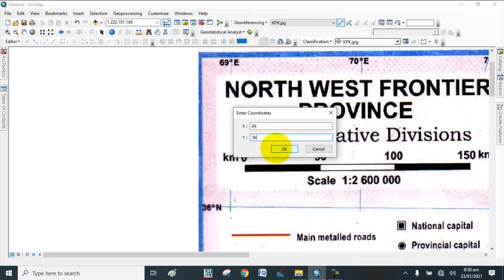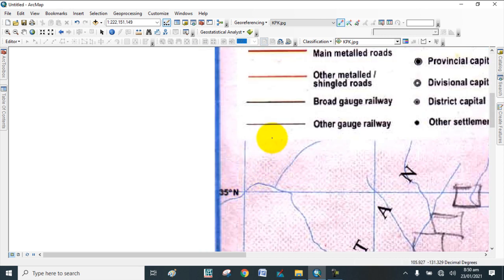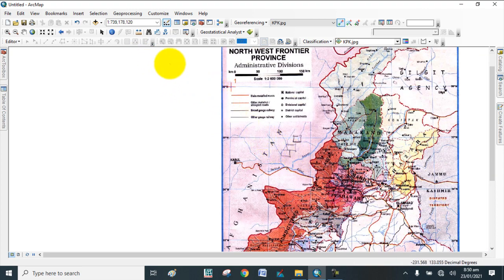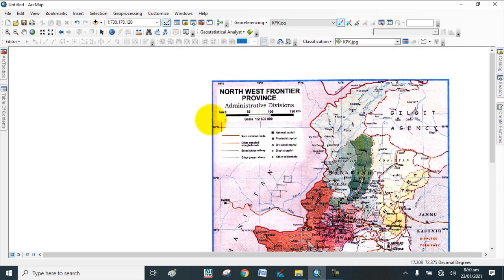OK, this dialog box. The one control point is added to the map. If we want to see it, hold the X key and zoom out the map. Here we added the first control point to the map.